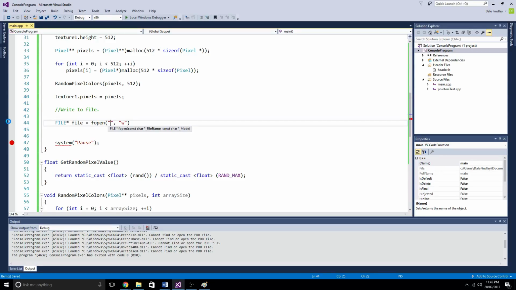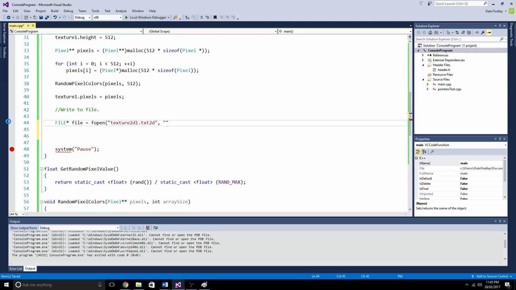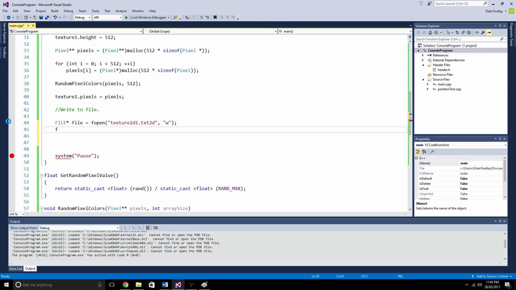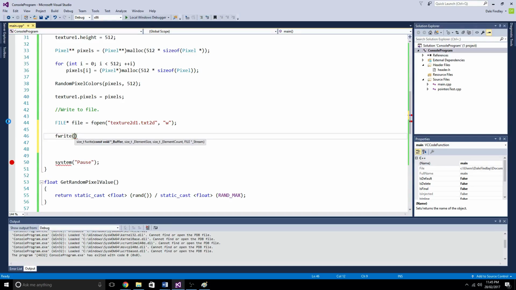This will be bin/texture2d1.txt, and this is something I'm much more familiar with. File... oh, it's fwrite. fwrite, and our buffer is just going to be a pointer to texture1,